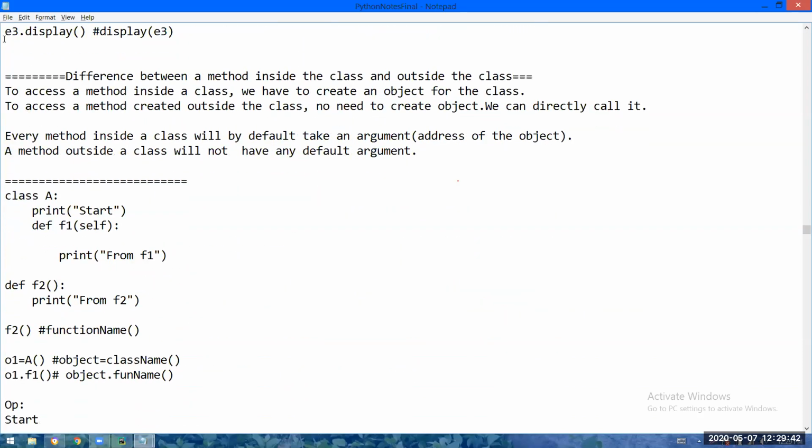Madam, in the main program also we can define some methods and we can call. Actually, till yesterday we did that only. But today, I understood your point. You are telling that inside the class you are defining some methods, and outside the class you are defining some methods. The methods inside the class you call with the object. The methods outside the class you call directly. That is the exact example I am trying to show you.